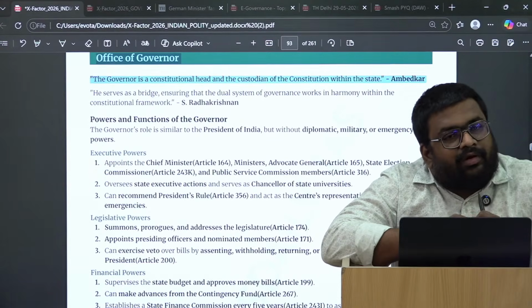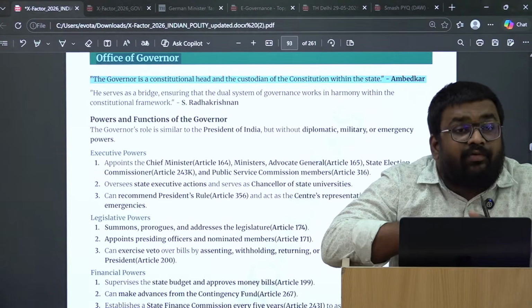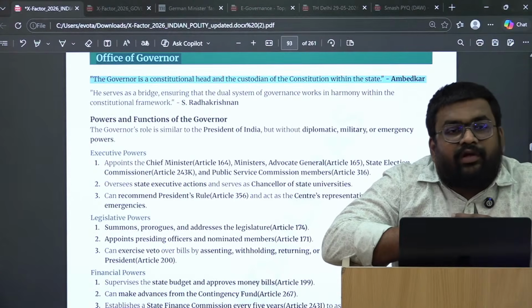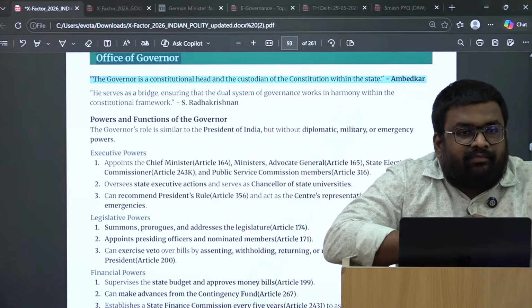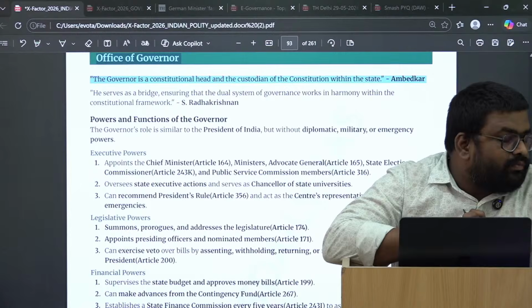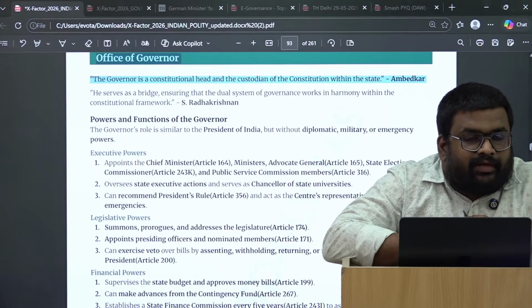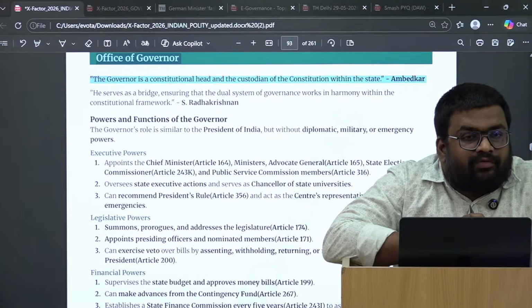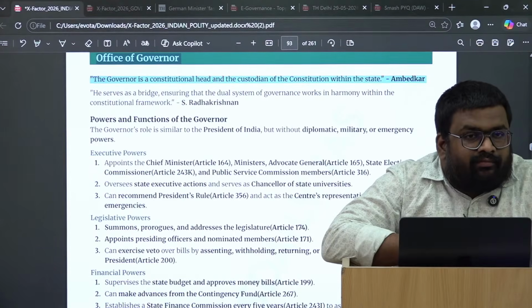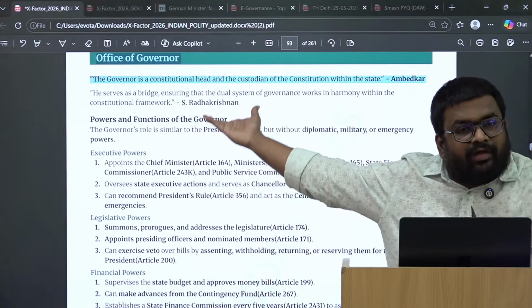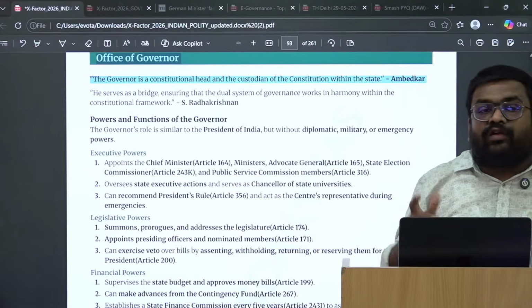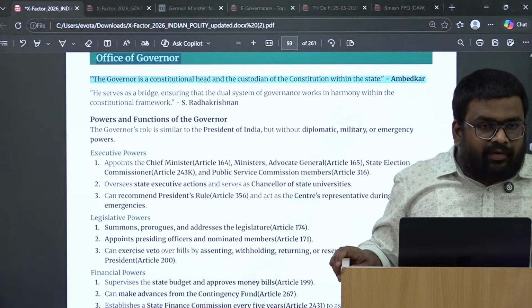ठीक है, so गवर्नर को भी पता था कि रिजाइन करने वाला है, so as per his constitutional duty he should have been there in the state, but रिजाइन करने के एक दिन पहले वो मुंबई आ गए. ठीक है, so this is you will get it in the news, but आप उसके ऊपर सोचोगे नहीं. तो सिंपली आपको सोचना है कि कहाँ आप वो पॉइंट यूज कर सकते हो in the office of governor.